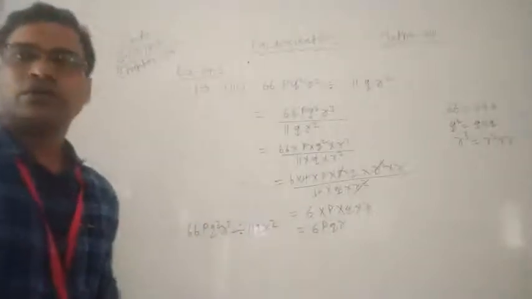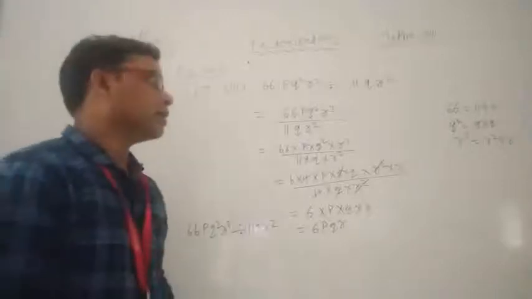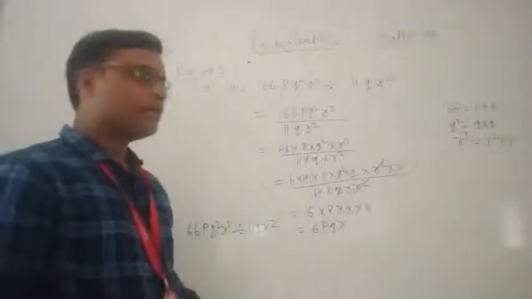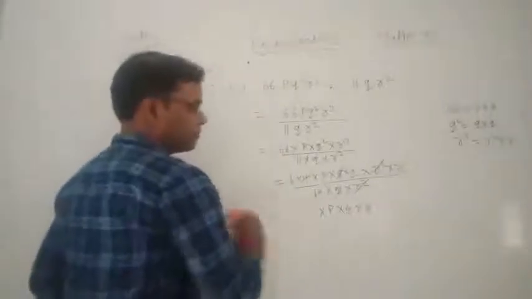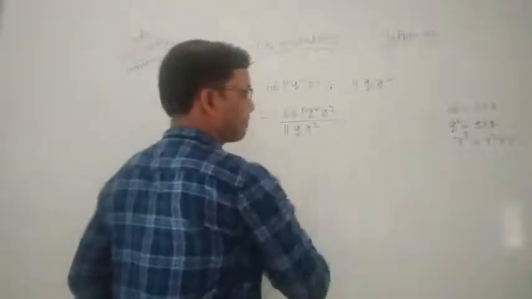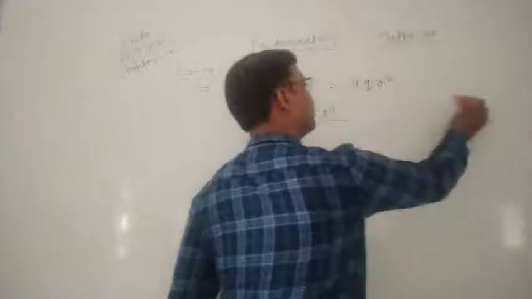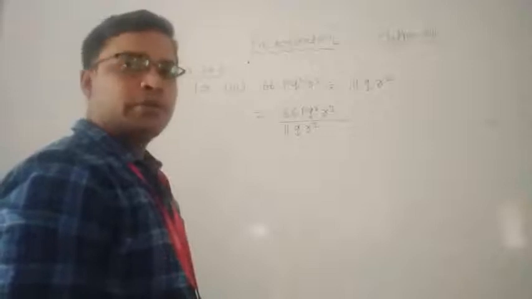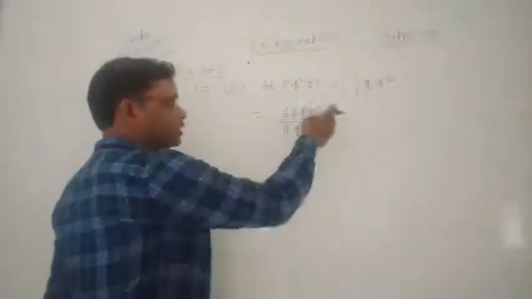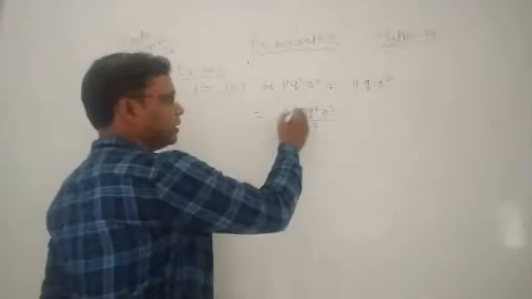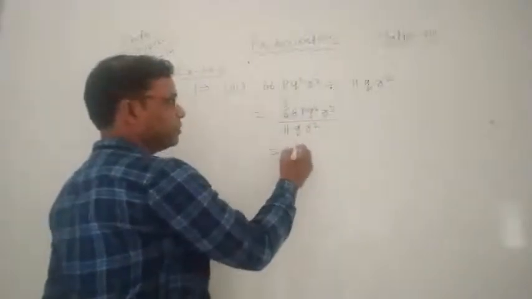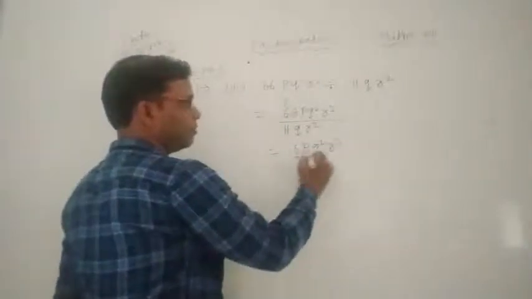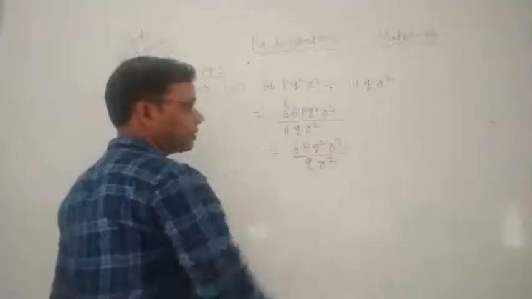So let's see how we solve this question by using the law of exponents, okay. You know very well, if the bases are the same in the case of division, then their powers will be subtracted. So here you can say the power of division. First you can see 11 times 6 is 66. So we have here 6 p q square r power 3 by q r square, okay.